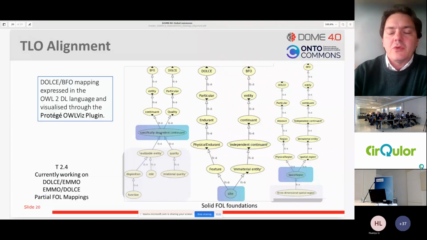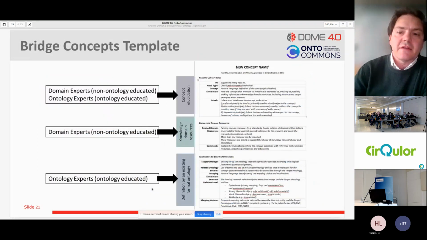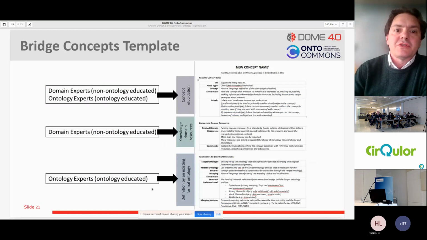And in the OntoCommons ecosystem, you have the alignment in which, for example, a concept can be connected to two top-level ontologies, so that it is possible to really respect the possibility for people to commit to a top-level ontology and at the same time to use what they request. And this can be done also through the bridge concepts that were already introduced to you, and that will be better addressed in day 3.